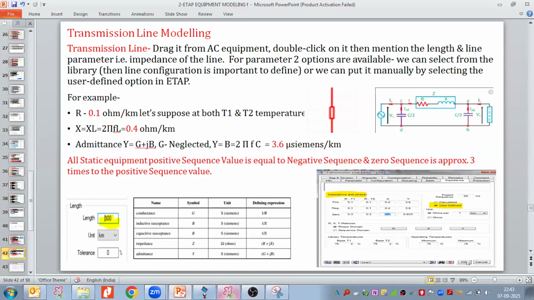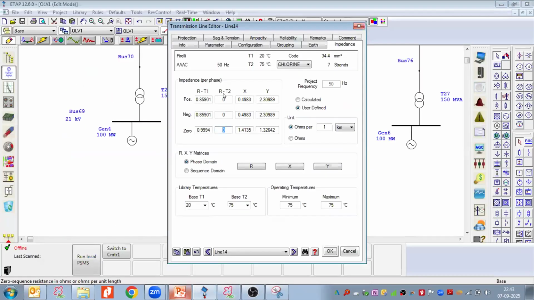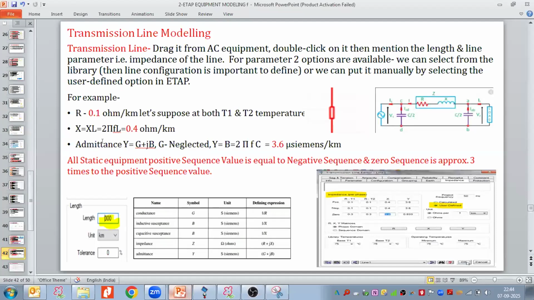So the X value we can go with 0.4 ohm. Otherwise, we can ask the manufacturer to provide this value. So 0.4 ohm, the value of the X. And admittance, which is susceptance or admittance Y, that is G plus jB. G is neglected, so Y is equal to